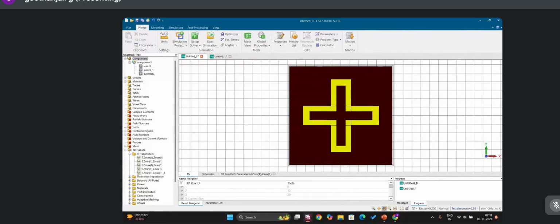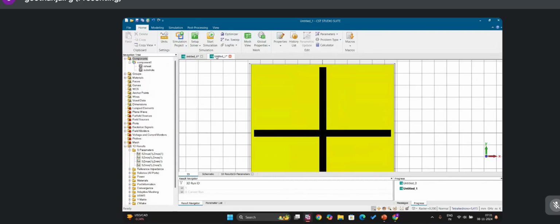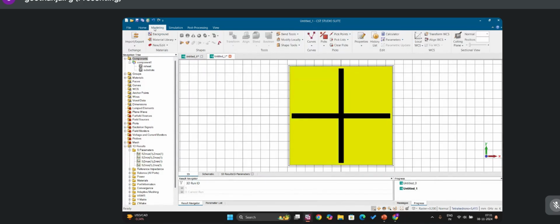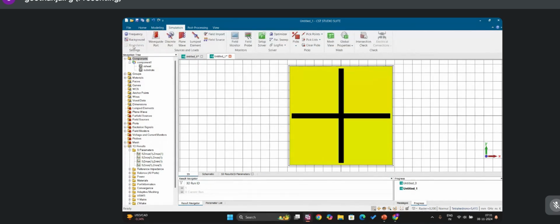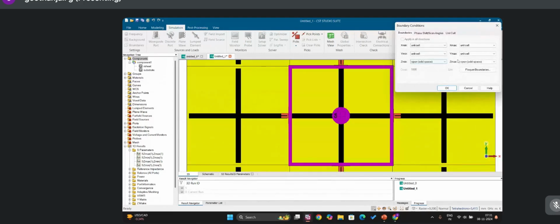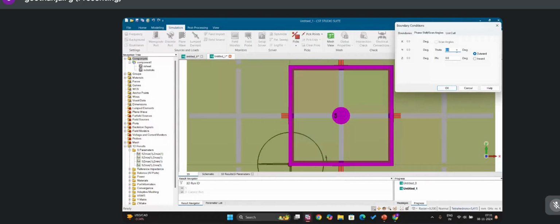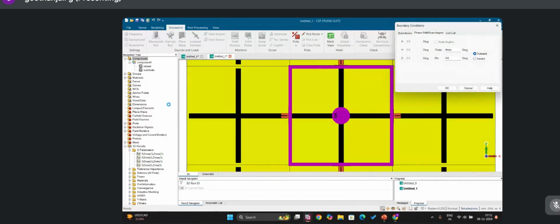Similarly, for bandpass FSS, I will show the angular stability. So the same process will be repeated for this also. Simulation boundaries, and just click here theta. So theta will start from 0 like this,